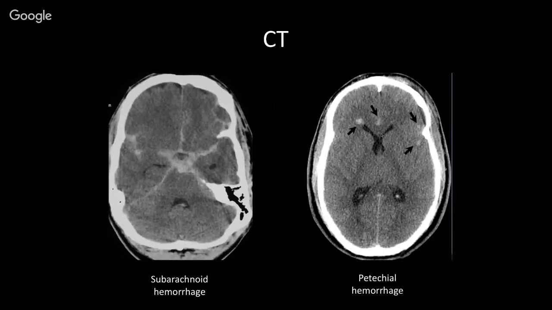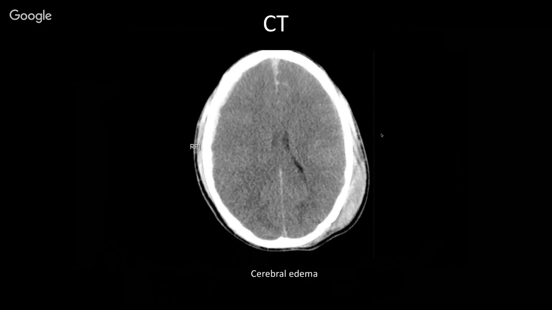We may see traumatic subarachnoid hemorrhage, and so bleeding into the subarachnoid space. And the image on the left shows the area more towards the base of the brain, and that bright material is blood that's picked up on CT. We may also see petechial hemorrhage or larger hemorrhage as well, and oftentimes this petechial hemorrhage is indicative of significant injury to the axons, what's known as diffuse axonal injury.